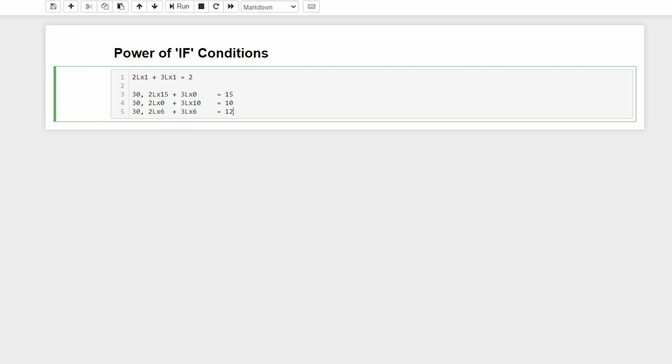Out of these three possibilities of measuring 30 liters using the 2 liter and 3 liter cans, which is the lowest count you have measured? Using 3 liters only, you have the lowest count. Anyhow, the answer should be 10. So most people will be able to clear this puzzle.